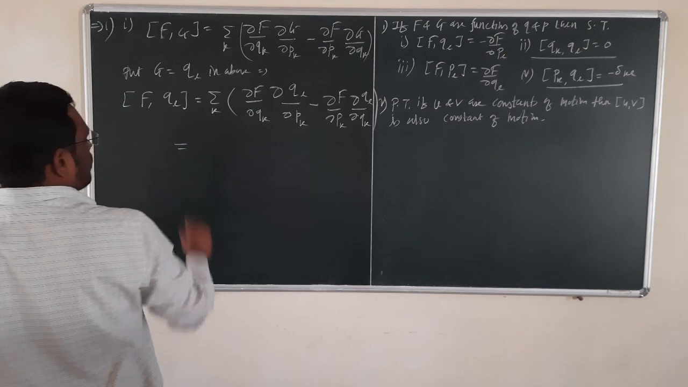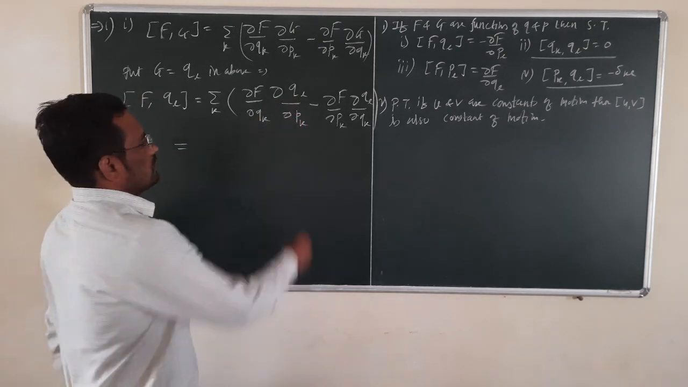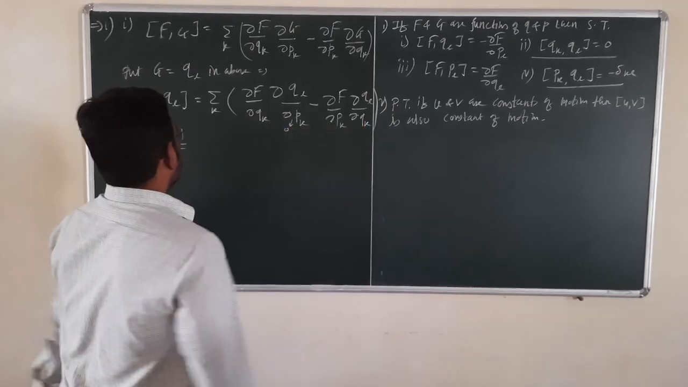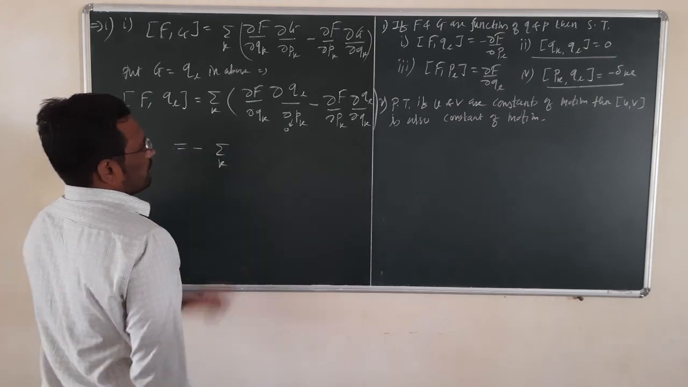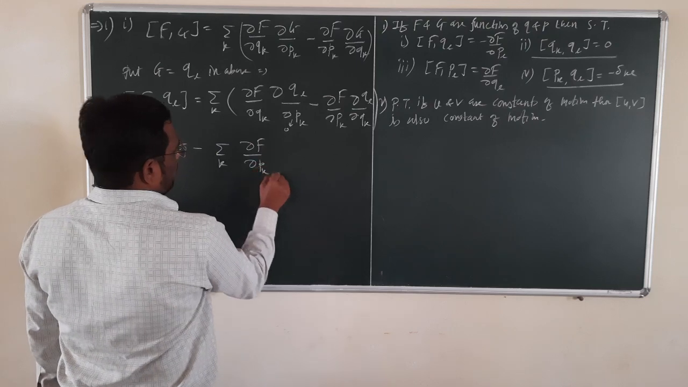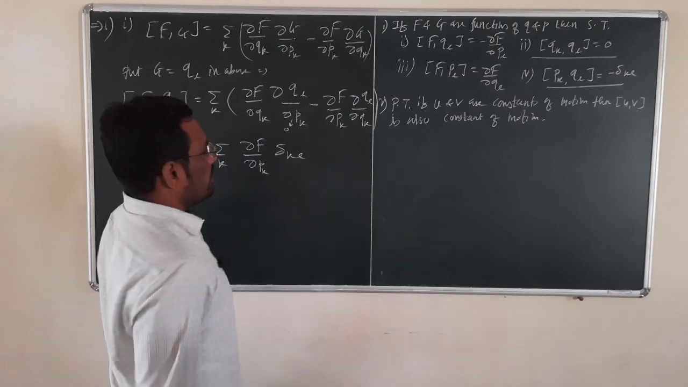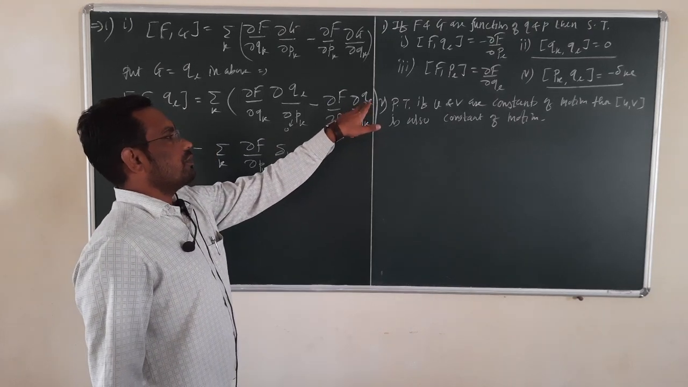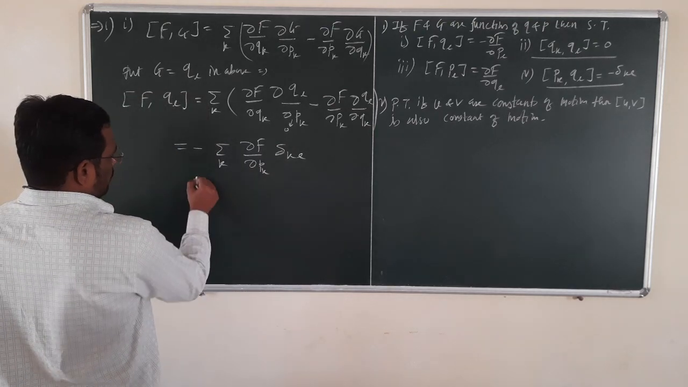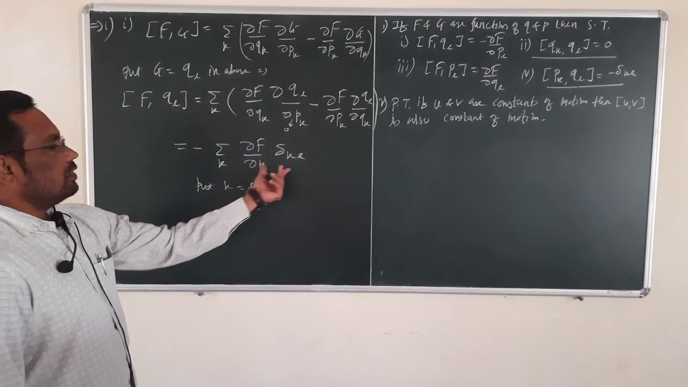So this is equal to, now here we are taking derivative of q with respect to p, so this term is 0. So we have second term, so minus summation over k partial derivative of f with respect to pk, and instead of this we can write Kronecker delta kl, because here we are taking derivative of ql with respect to qk. So here if you put k is equal to l in this equation,